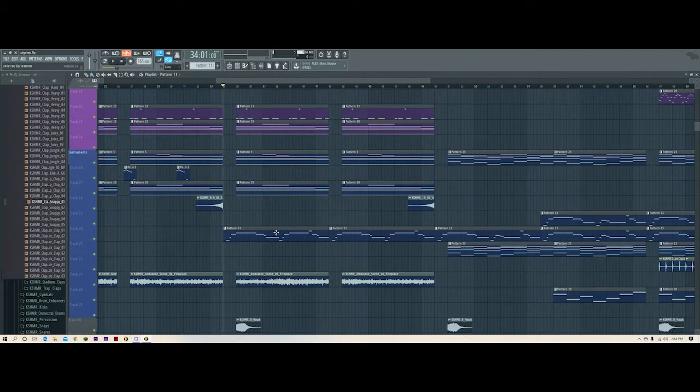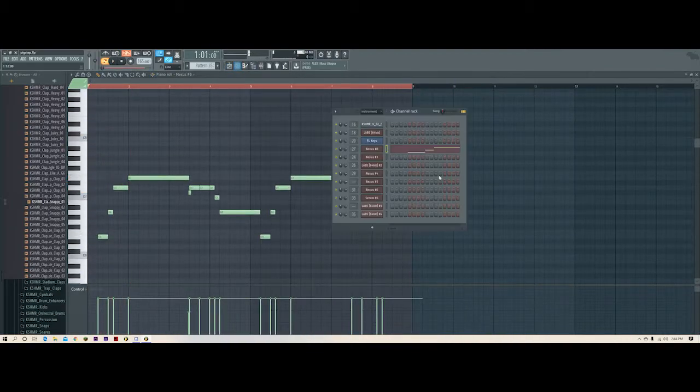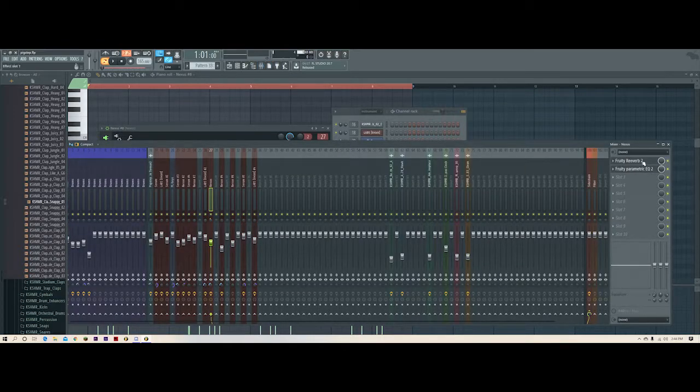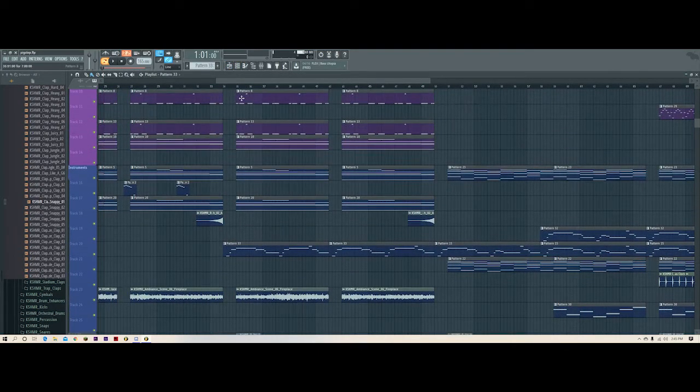This part right here, we have this sound, which is from Nexus. It's a jazz guitar. We keep the delay on, we keep the reverb, but just add a little bit of extra reverb, and we also cut out the lows. And then we have